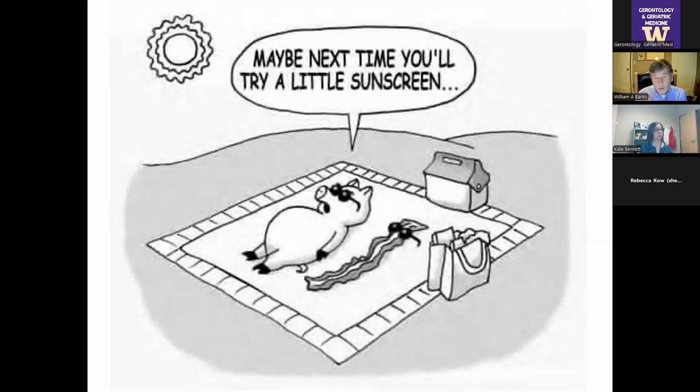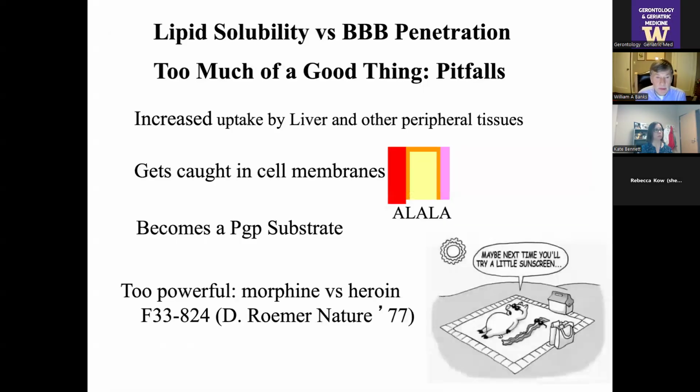And for the first problem, you can have too much of a good thing. And sure enough, you can have too much lipid solubility. First, if you're lipid soluble, you'll not only be able to cross the blood-brain barrier better, you'll be able to cross all other tissues better too, including, for example, the liver. So you're always doing this dance to make it more lipid soluble so that you can enter the brain if your brain is the target. But if you make it too lipid soluble, it's taken up by all the other tissues, blood levels decrease, and although you may have a higher transfer rate, you'll have less material to transfer. So it's a dance here.